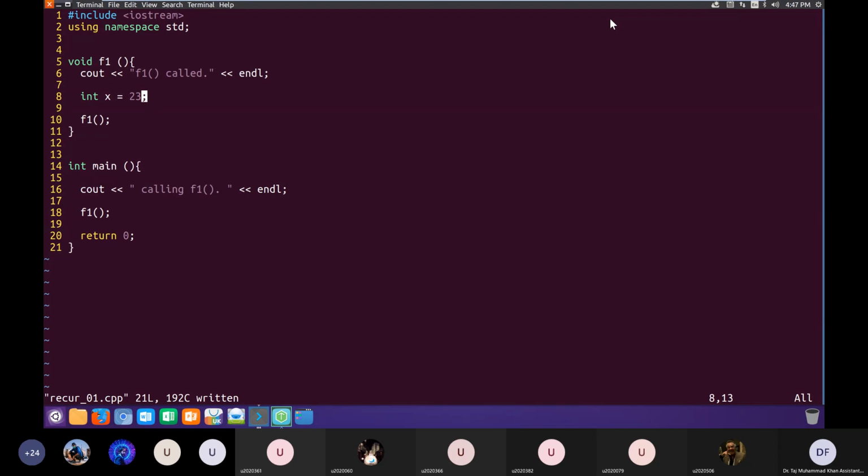Remember, there's a stack being maintained for every program, and the stack has a special purpose. So when we are calling this function f1 repeatedly, what is happening on the stack, especially in terms of the variable x?